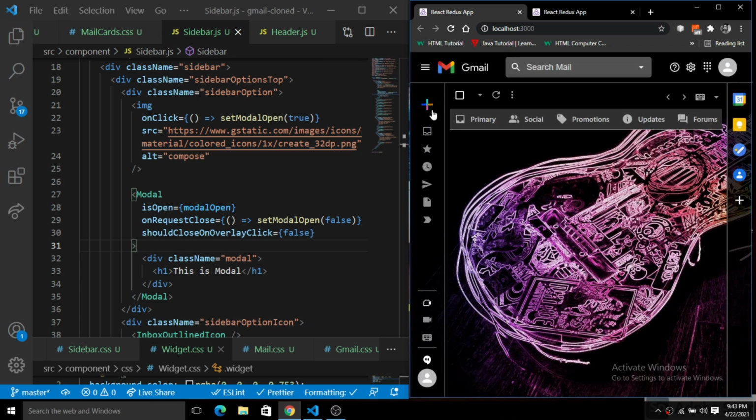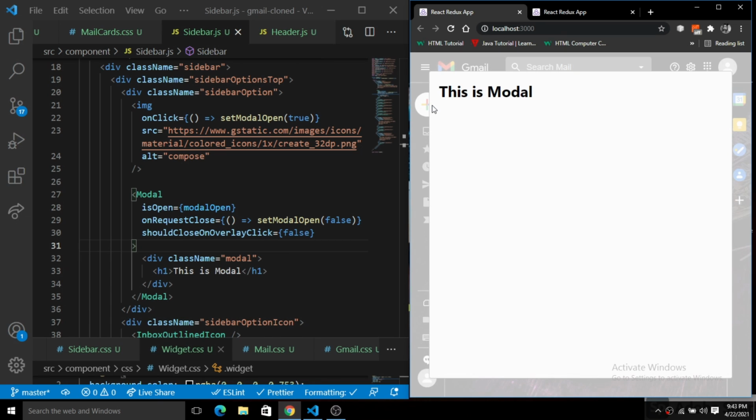When I click on this, you can see how I close this modal. To close this modal, I have to click on the escape button, but we don't want that, because when you open these things on your mobile phone, you still have to close this modal. So here we will add a button, or an icon, to close this modal.